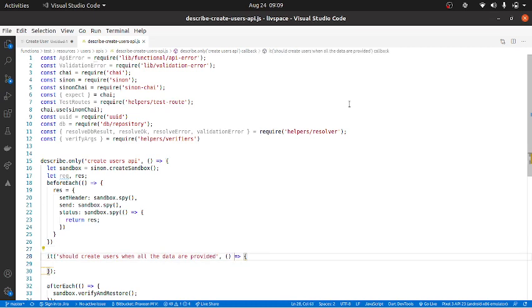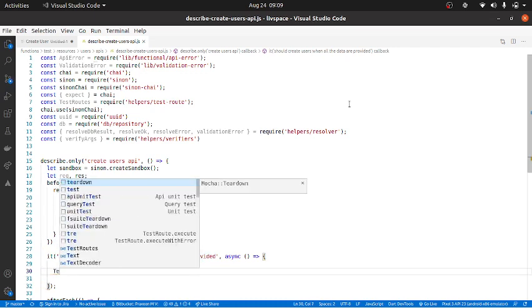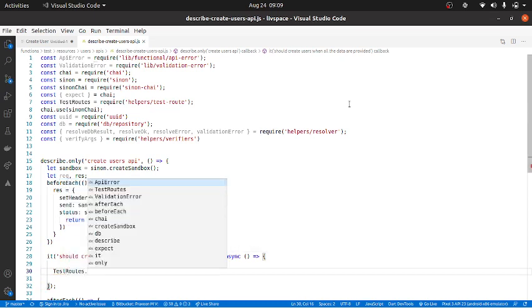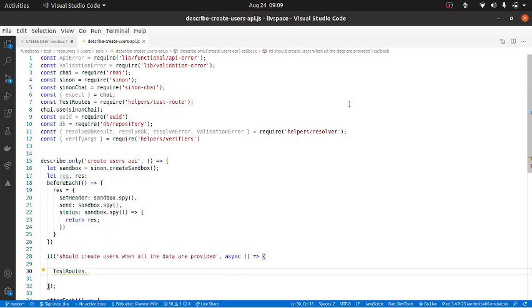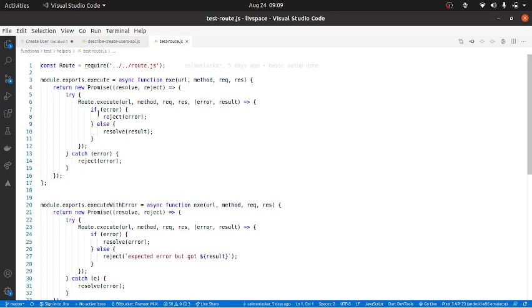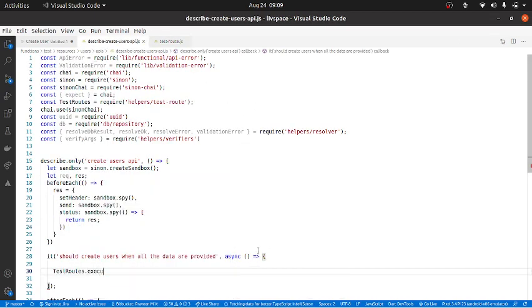I'll make this an async, and the simple thing that we need to do over here is call the test route dot, I think test dot execute. Let me just go to test route dot execute, and first will be the URL, so we'll make it as /users, right?